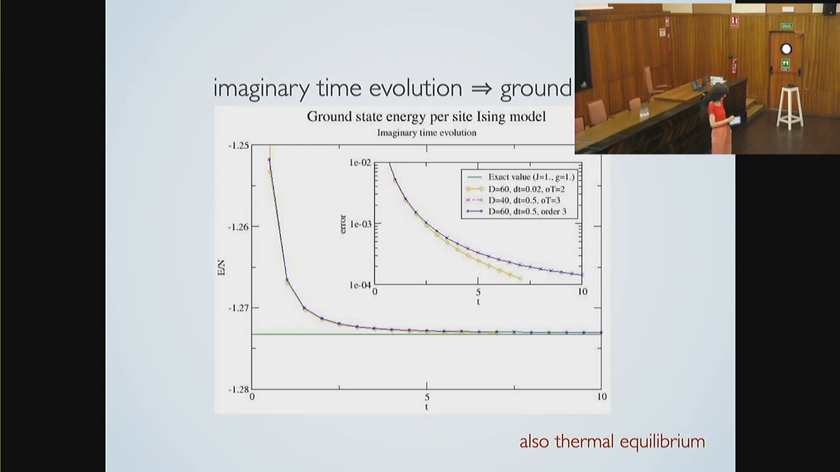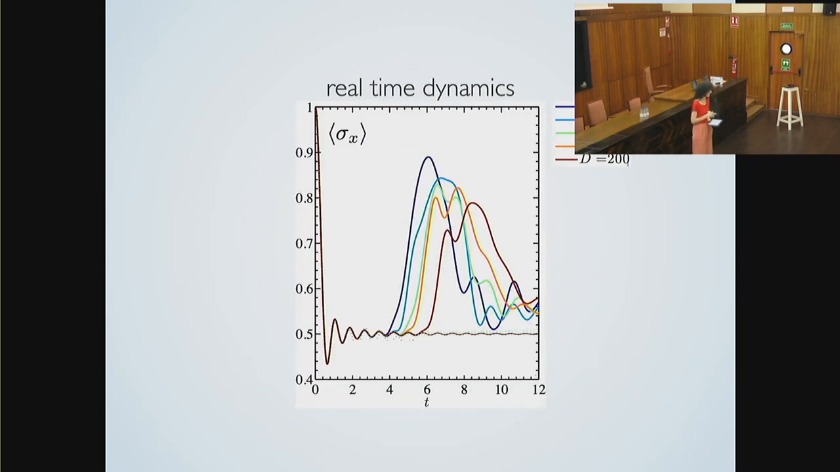But you can see that this is the error. So the error is really decreasing in the right way, say. It's converging to the right thing. It's a way to look for thermal equilibrium, or the standard way. There are others. Now, if we do the same thing for real-time dynamics, this is again an example of the